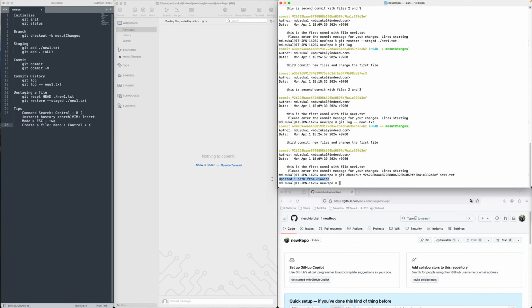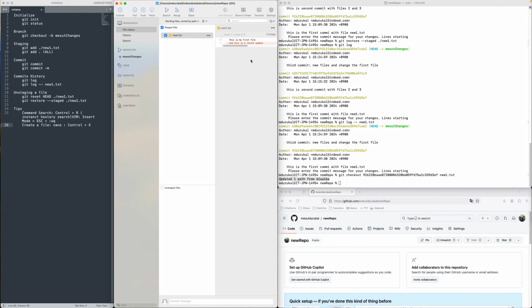Okay, it's updated. Now I can see this change is deleted. So if I apply this change,